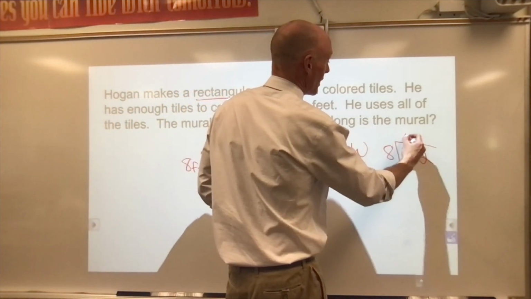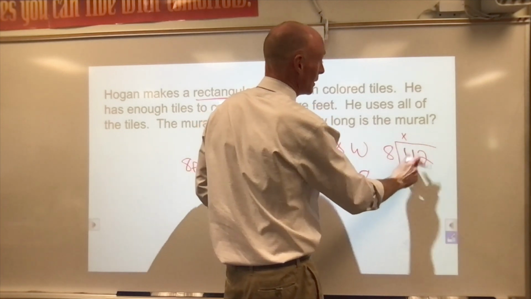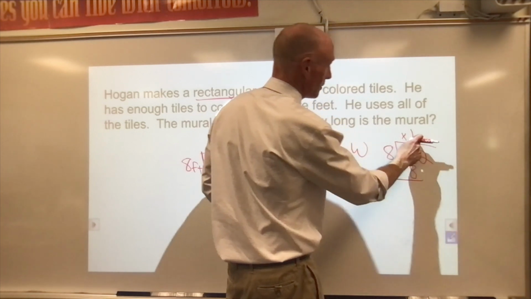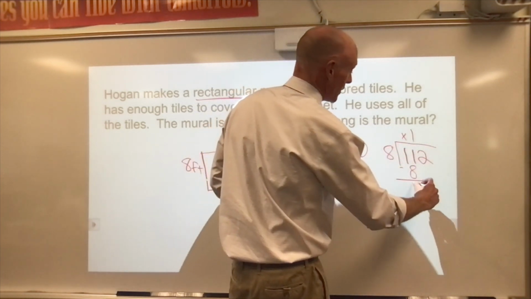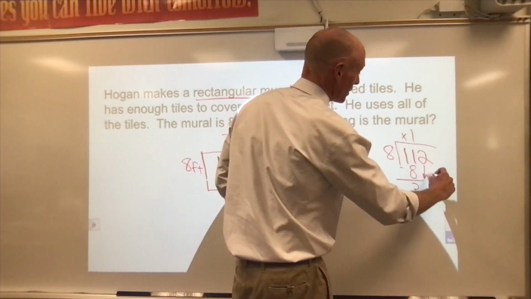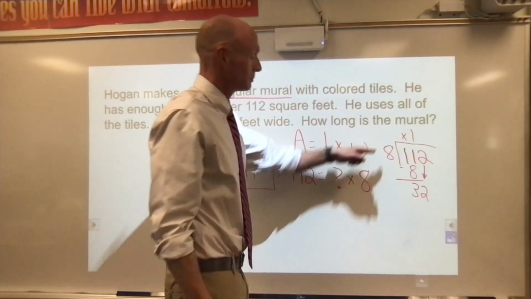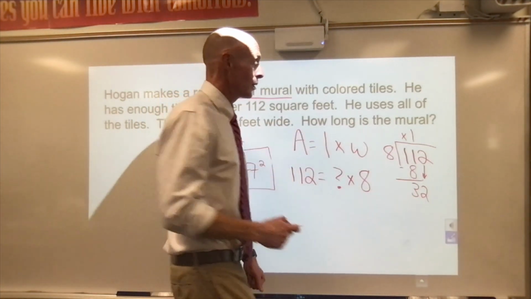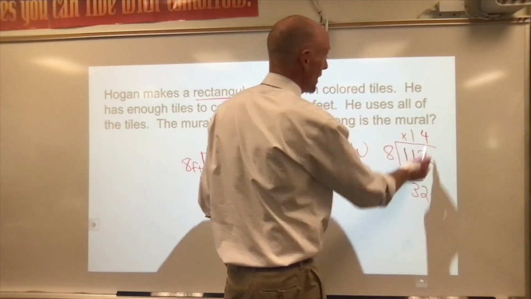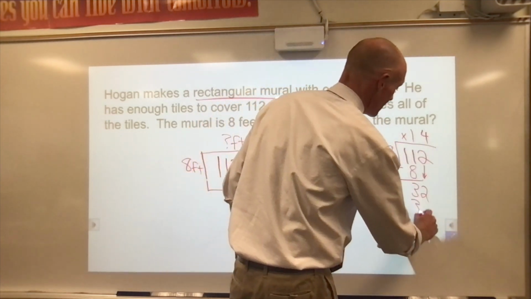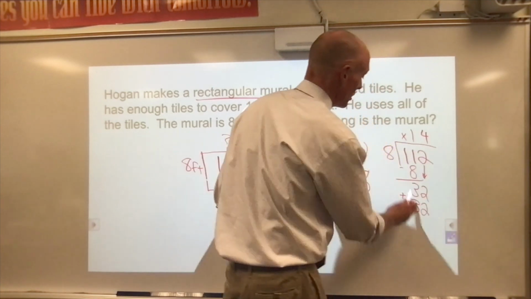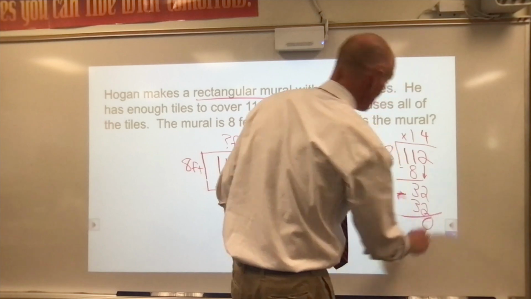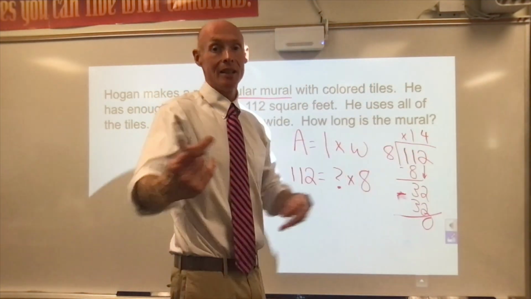8 cannot go into that 1. 8 can go into 11 only one time. Subtract. All I did was multiply 1 times 8. That's going to be 3 left over. 32. 8 goes into 32 a grand total of 4 times. 4 times 8 is 32. Oops, subtract. And we're left at 0. So I think that the